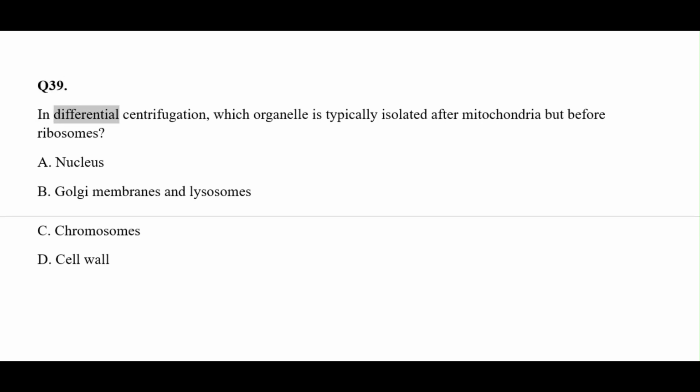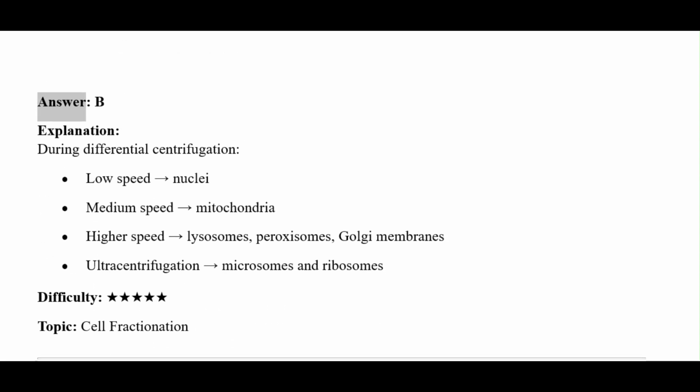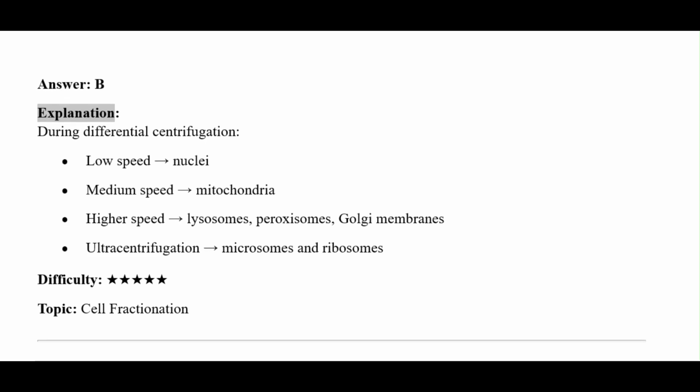Q39. In differential centrifugation, which organelle is typically isolated after mitochondria but before ribosomes? A. Nucleus. B. Golgi membranes and lysosomes. C. Chromosomes. D. Cell wall. Answer, B. Explanation. During differential centrifugation, low-speed → nuclei, medium-speed → mitochondria, higher-speed → lysosomes, peroxisomes, Golgi